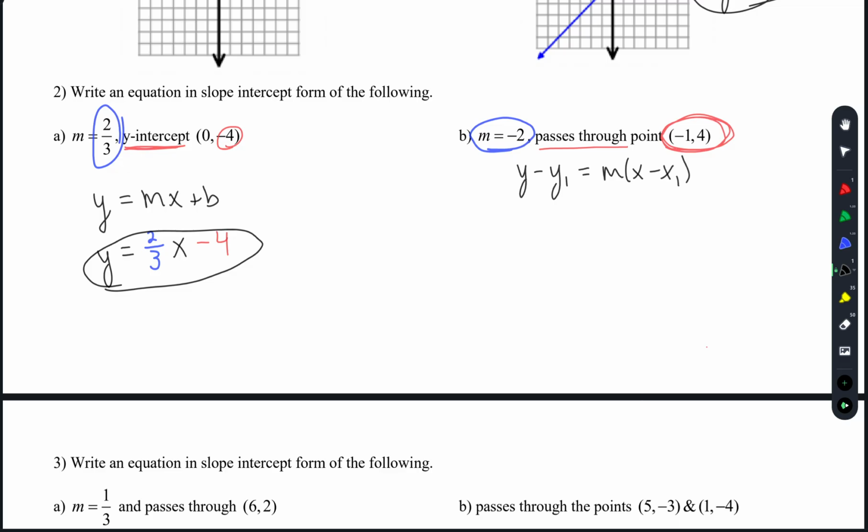Okay, so for your ordered pairs, it's always x comma y. If you get it mixed up, like which goes where, it's always x and y. Then you're just going to put the -1 in by the x1, and then the 4 by the y1. So you're going to do y minus, and you're going to plug in the 4, because that's your y1, equals,